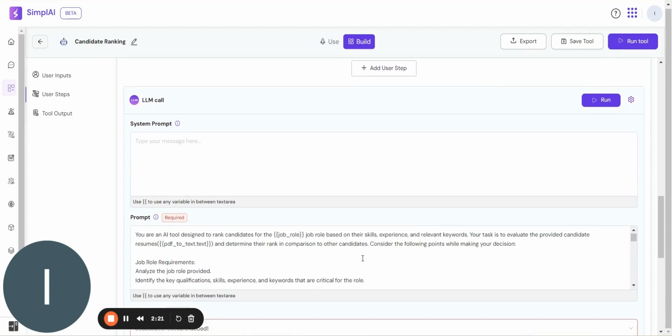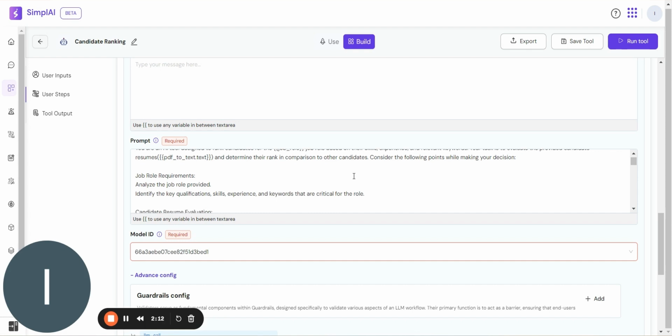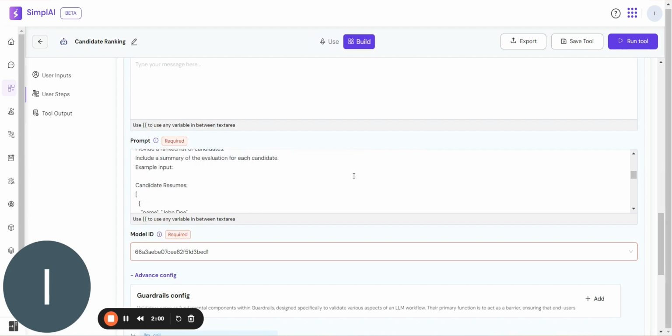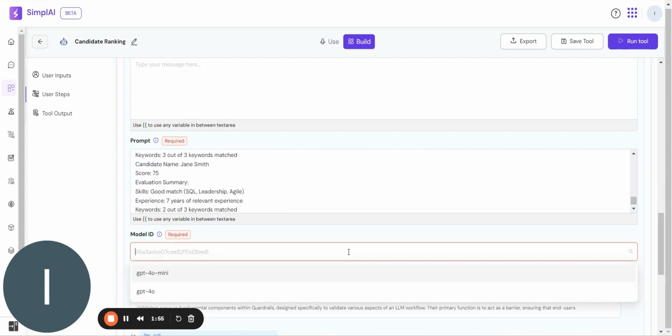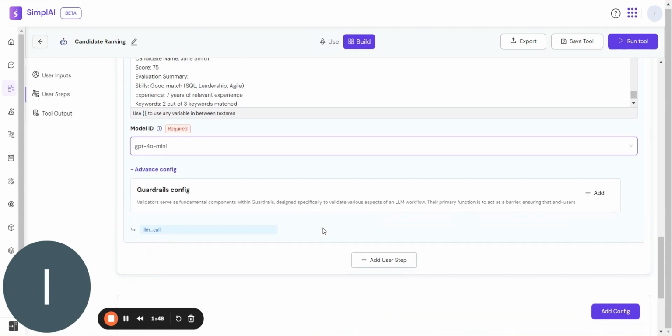Now, coming to the fourth step, the LLM call, where we will start giving the prompt by supplying all the contextual information of the data which we have fed, and what is needed by referencing our variables. In the next step, we will write some prompt which will help in processing our answer. Now we will choose the model of our own choice which is available at the moment in our workflow, and I am choosing GPT-4 mini.